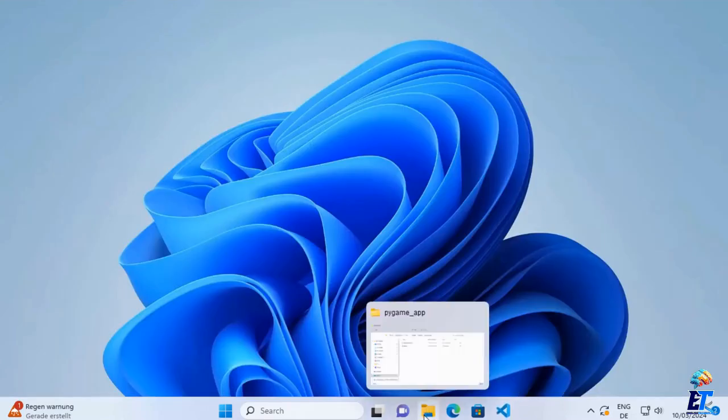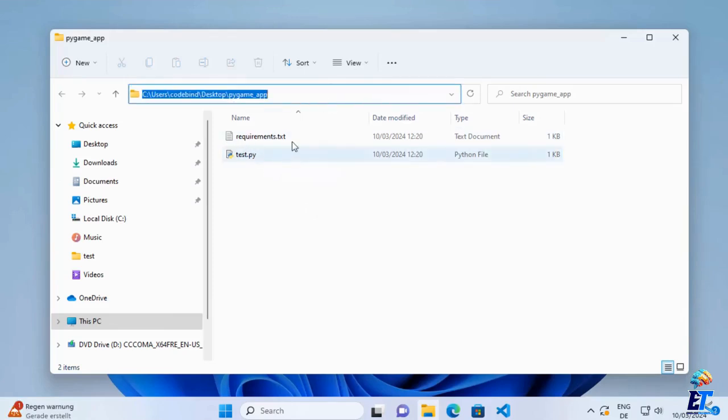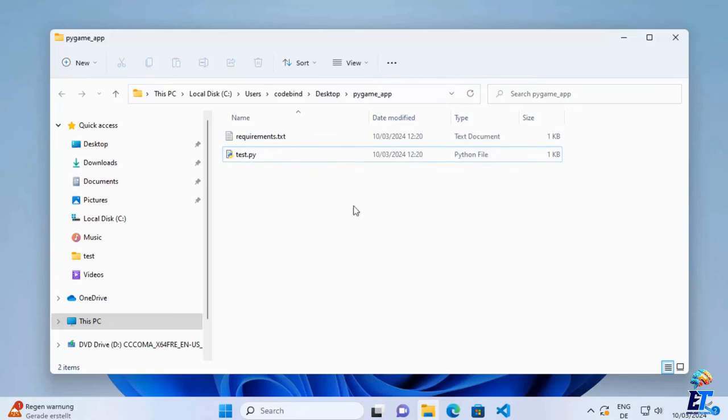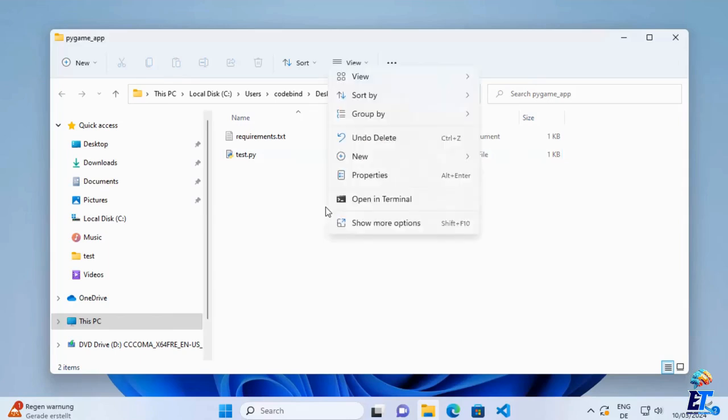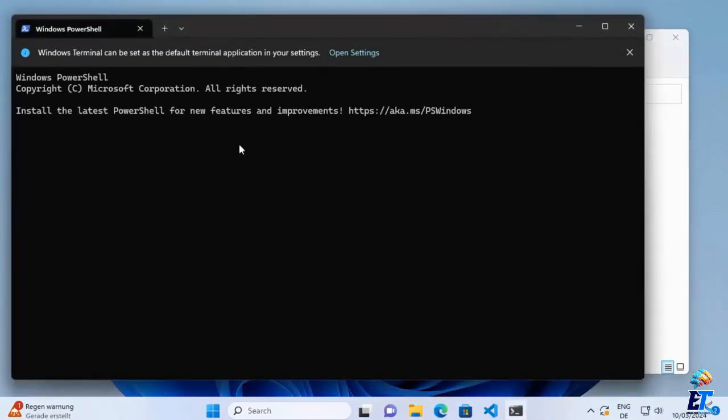requirements.txt, you just need to go to your file explorer and navigate to the directory where you have your project. So I have my project at this location where I have this requirements.txt and the Python script, right? Here you need to open this project in your command prompt or the Windows terminal. To do that, just right click here and then click on show more options, and then you will see this option which says open in terminal. Click on that and then it's going to open this folder path of your project in the command prompt of